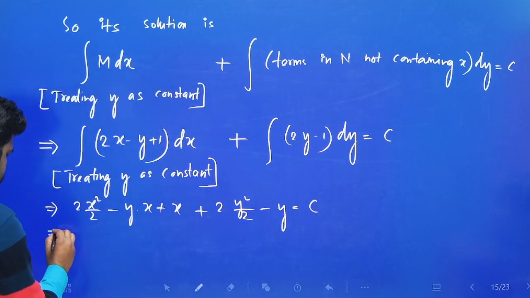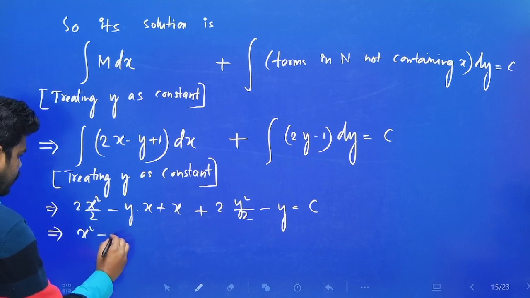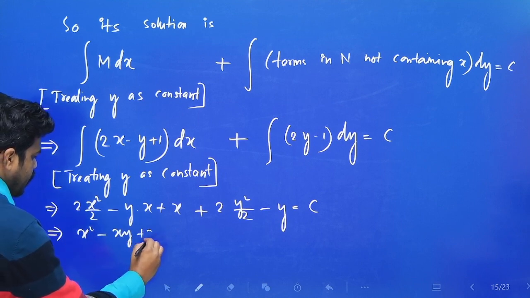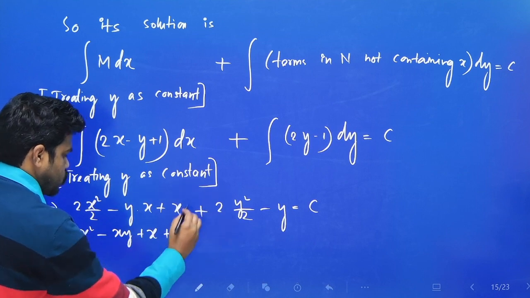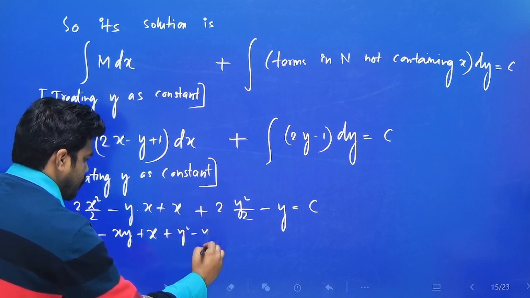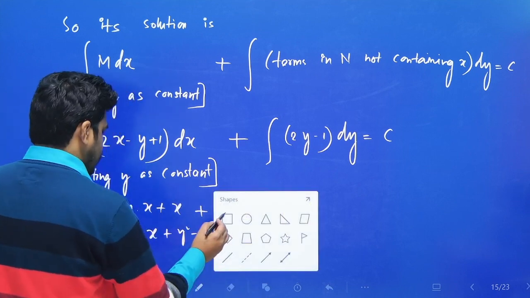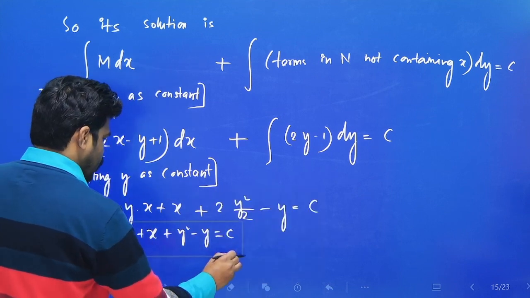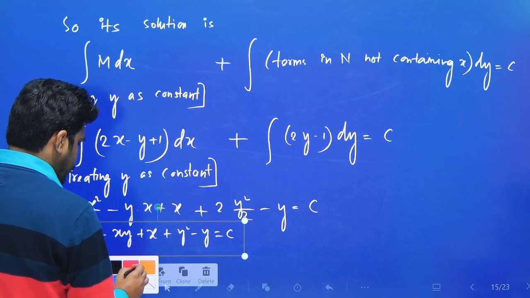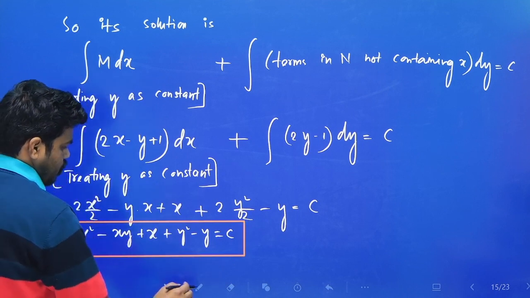So just simplify this, you get x square minus xy plus x, 2 to cancel, plus y square minus y is equal to c. Okay, so this is the required solution,